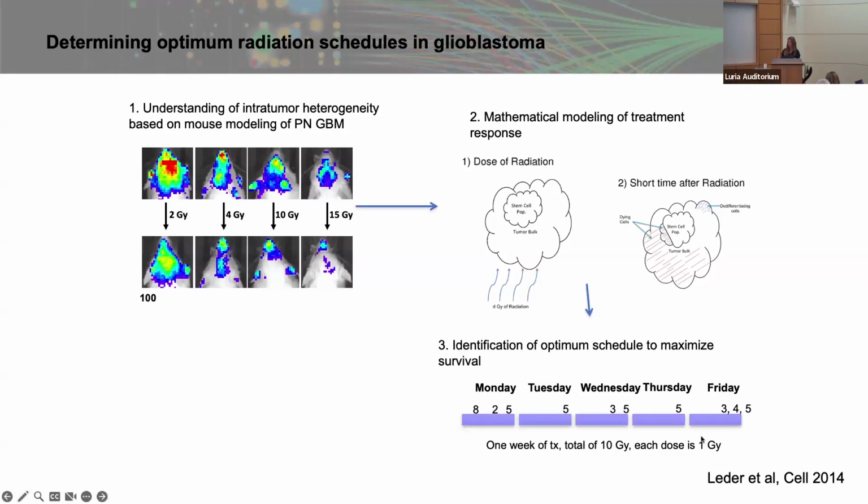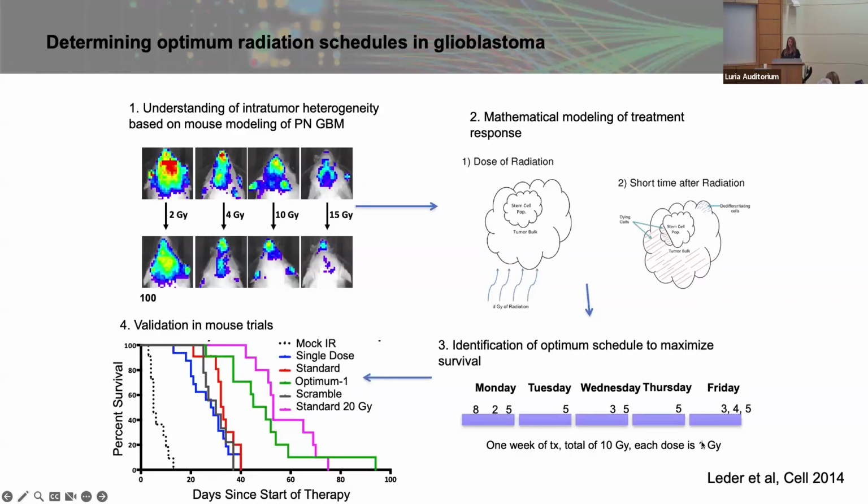And we came up with this kind of non-standard schedule where we give 1 gray of radiation Monday at 8 a.m., 2 p.m., 5 p.m., Tuesday at 5 p.m., and so forth, which we then implemented as a large mouse trial, comparing this optimized radiation fractionation schedule to several other 10 gray schedules given all at once or at standard fractionation, or a sub-optimized randomized control schedule that was predicted to not be significantly different from standard of care, as well as a 20 gray schedule that was administered at the standard of care fractionation. So 20 gray total for 2 weeks, but 2 gray every day, just double as long,